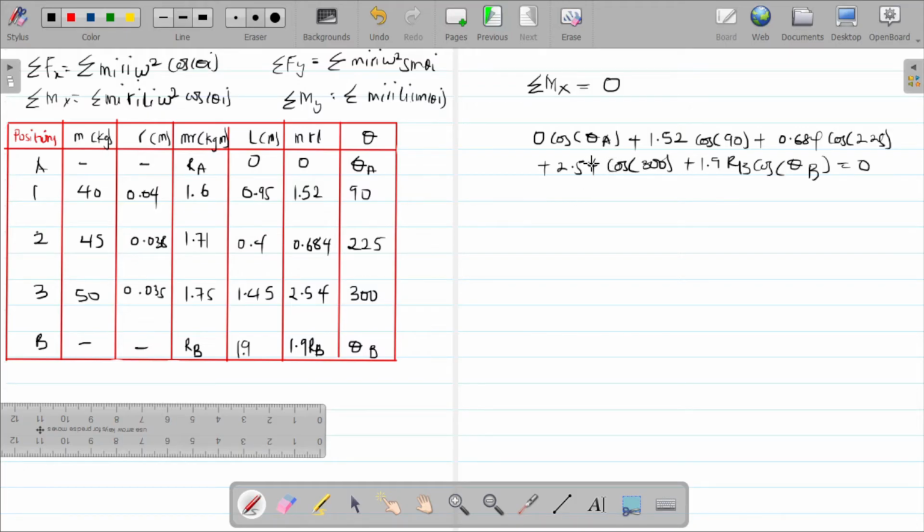If we simplify this, this goes to 0, this goes to 0. So we have 0.684